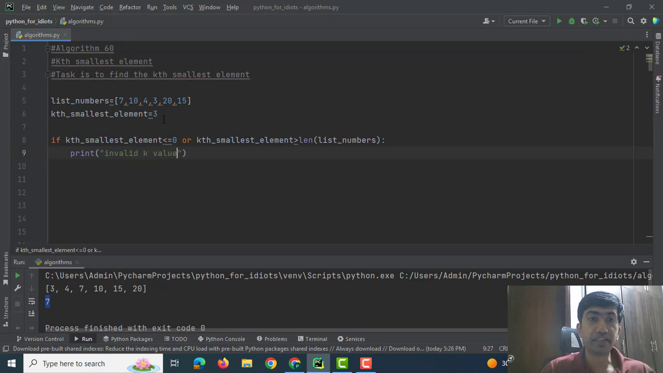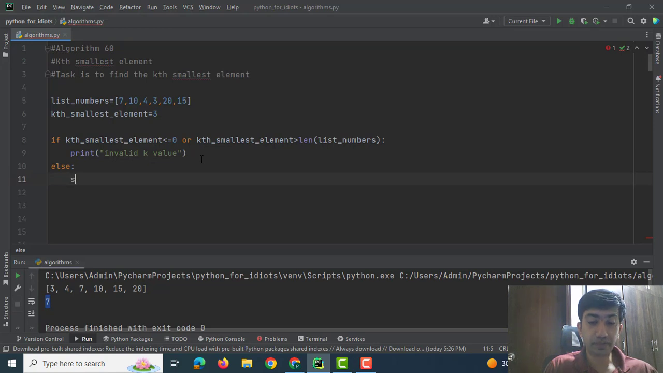Because if I say find the 0th smallest element or -1 smallest element, the k value is not valid. Similarly, if the kth value is greater than the length of the list of numbers, for example in this case the length is 1 2 3 4 5 6, and I say find the 8th smallest element, this is also not valid. Else, if the k value is valid, I first sort the list of numbers,